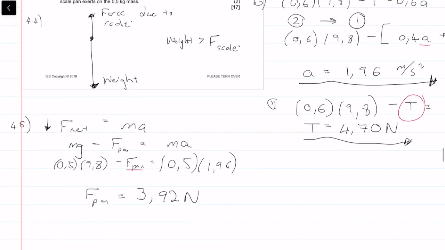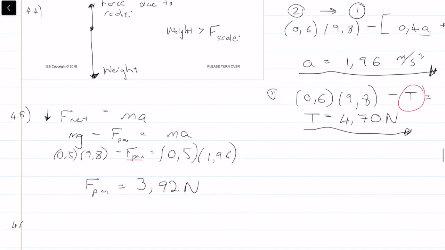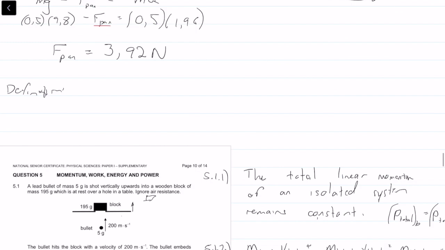State Newton's third law. Okay, again, it's a definition, so I'm just going to read it out basically. Newton's third law says that when object A exerts a force on object B, then object B simultaneously exerts an oppositely directed force of equal magnitude on object A. Okay, yeah, that's just a definition. And then 4.7,